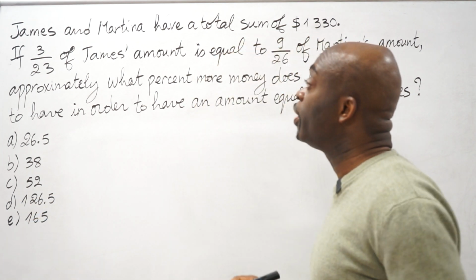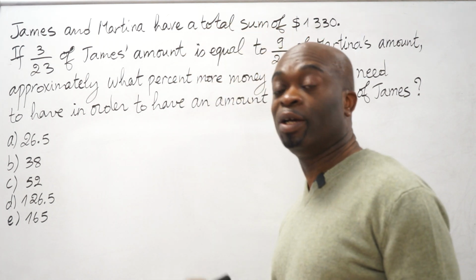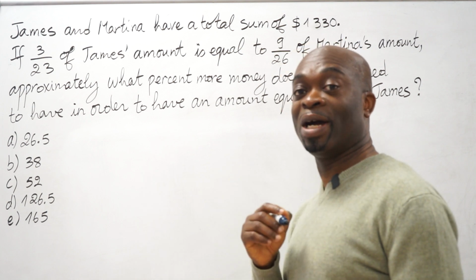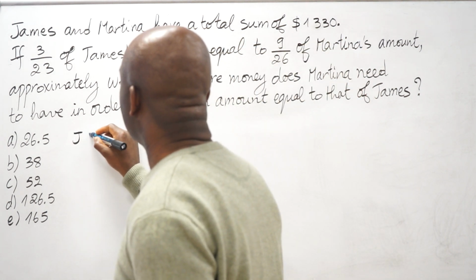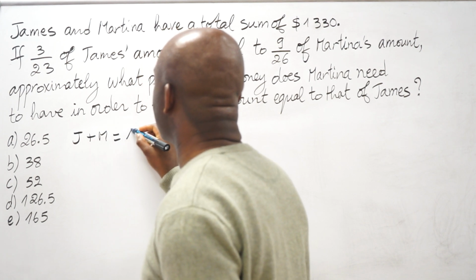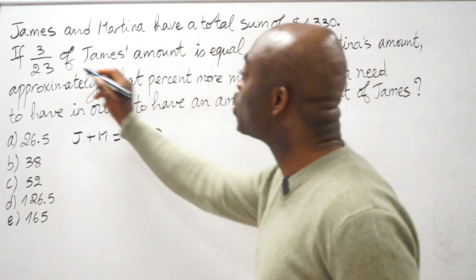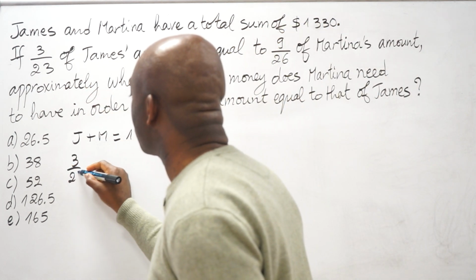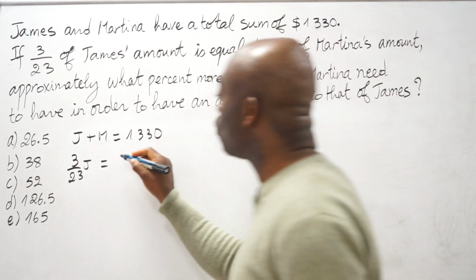So what are we going to do here? We know that James is J, and M is Martina. So we're going to turn words into equations, and that's what algebra is about. So it's going to be J plus M equals 1,330. We know that. What else do we know? The second sentence says 3/23 of J is equal to 9/26